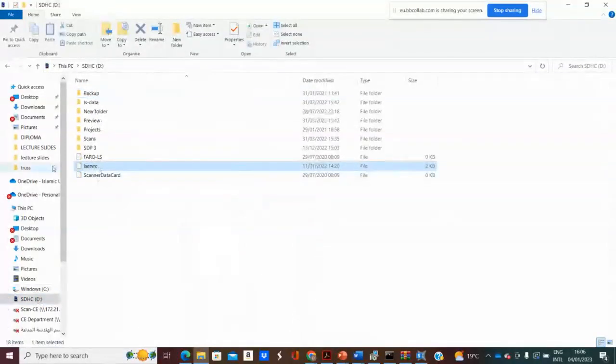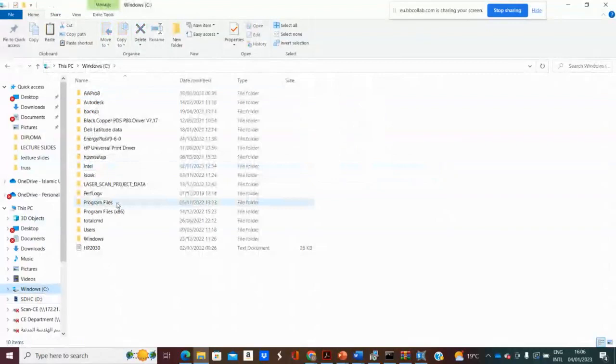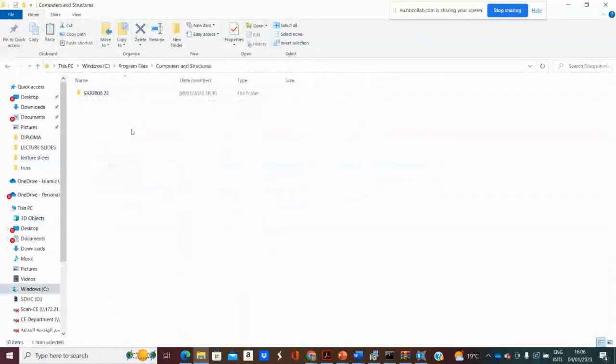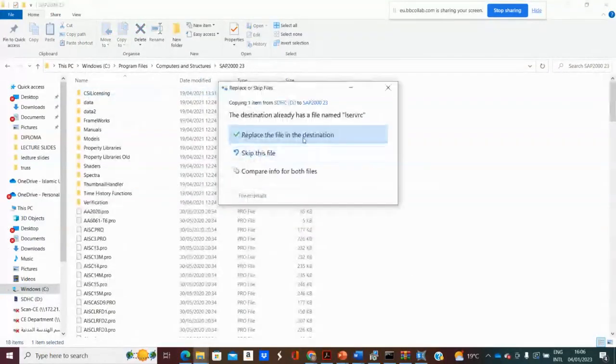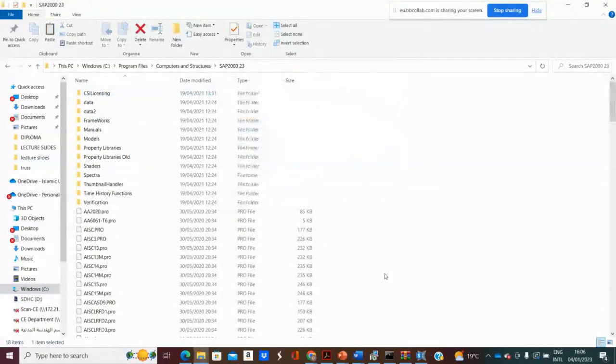You can copy this file and put it inside the installation folder. You can paste it here with Control V. This file is already here, so I will not copy it. After installation, you will find